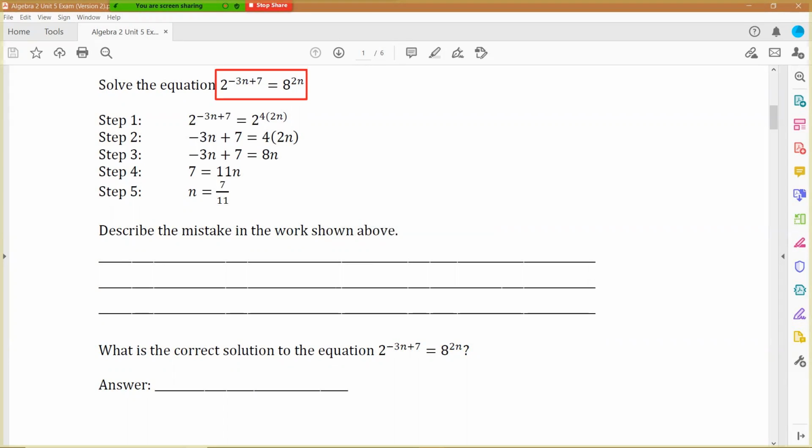So looking at that, we want to get like bases. So we have 3. I can't rewrite 2 as anything else, so I'm going to leave it as 2 to the power of negative 3n plus 7. However, on the right side, I can rewrite 8. 8 can be written as 2 to the third power, and the 2n stays up there in the exponent. Now I have like bases of 2s, I can cancel them out. So negative 3n plus 7 equals